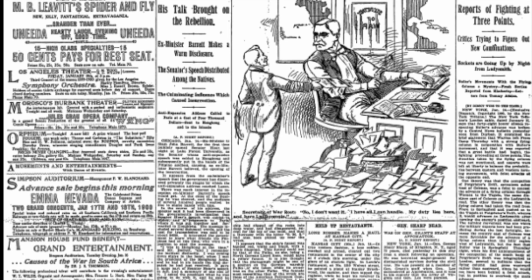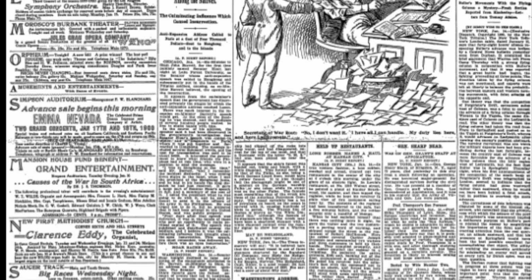You can also see more highlighting of negative effects, rebellion, fighting, victims, etc., giving a bit more unity amongst the content. It stuck out to me how seats for the theater were only 50 cents for the best seats. I don't believe newspapers advertise movies in that sense anymore, but movies are still discussed.